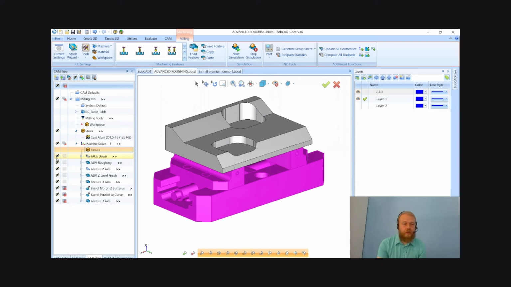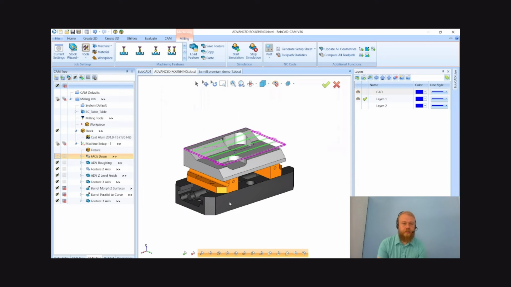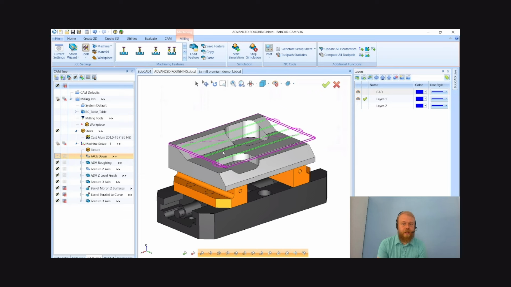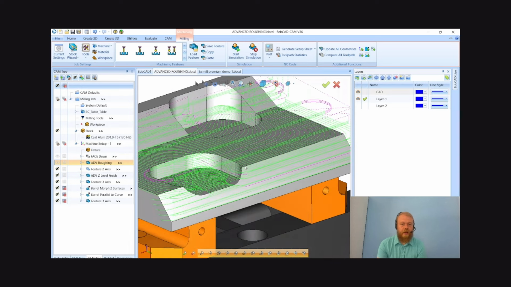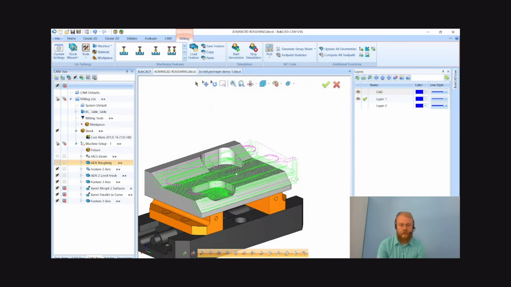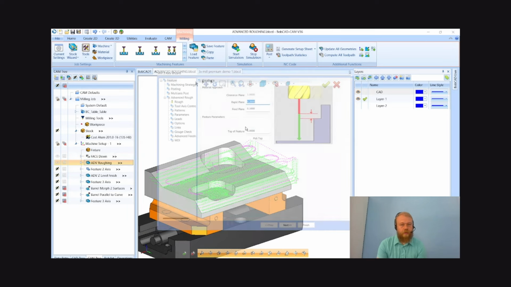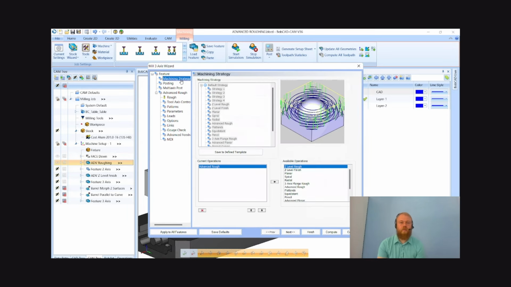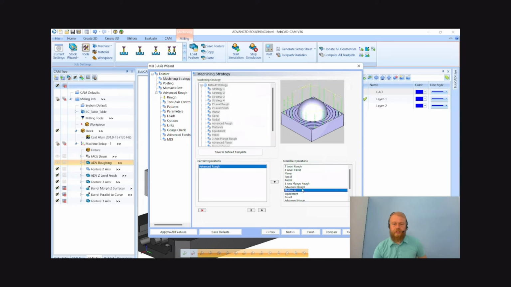So what I started with actually was a 2-axis mill feature with the facing operation, just facing down the top of the stock there. And then we can take a look at this next toolpath in 3-axis. It's going to get down to each Z level here and rough everything out in a couple passes. And we'll get into that one. We'll first go to the machining strategy page and look at all of the 3-axis Pro toolpaths that we offer. So we offer this advanced roughing,